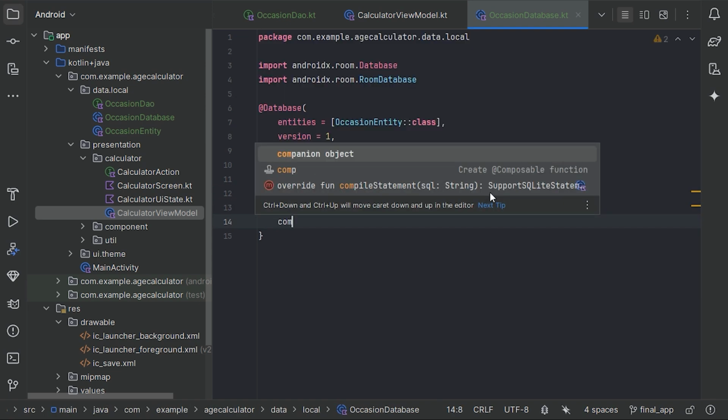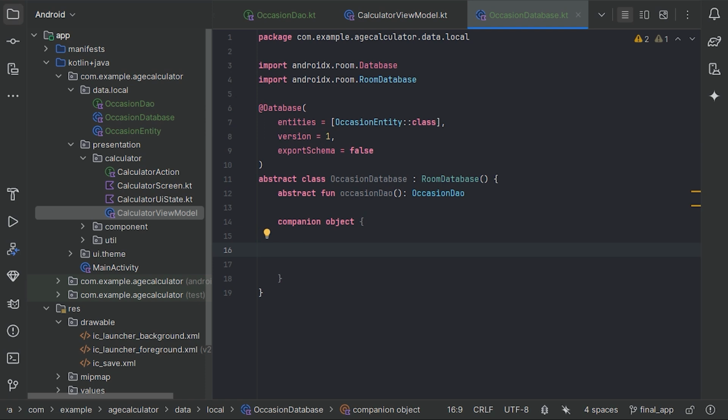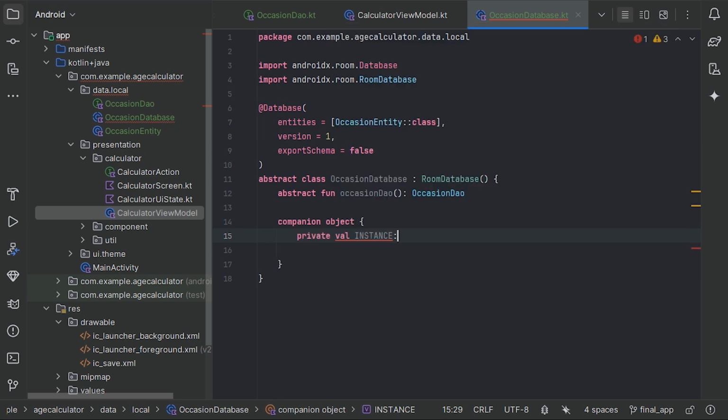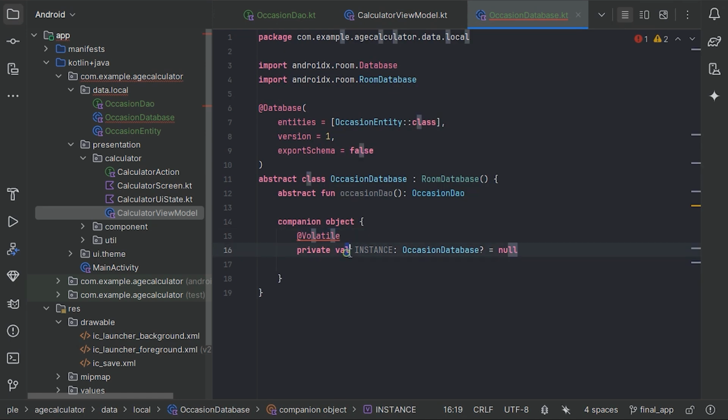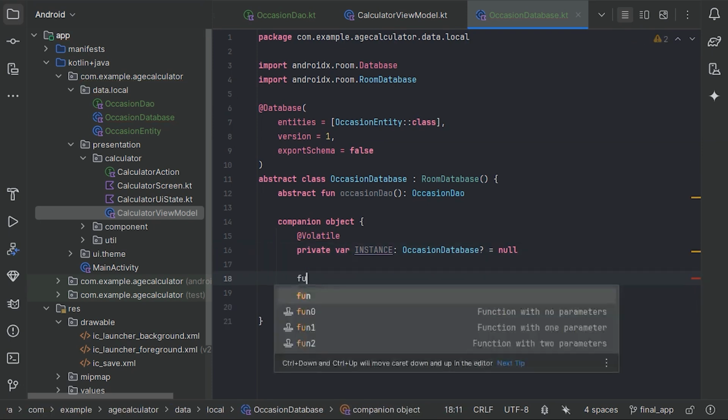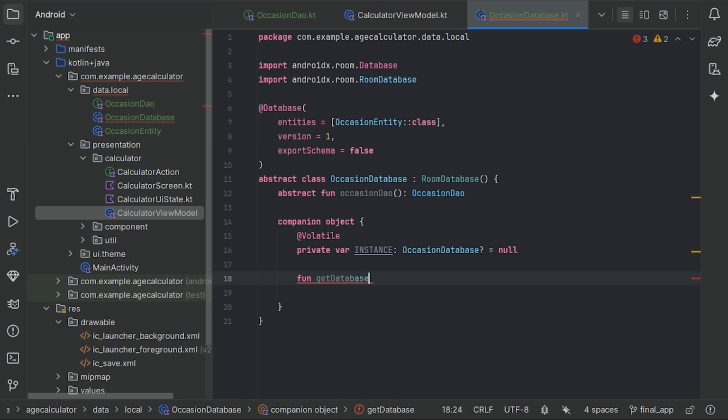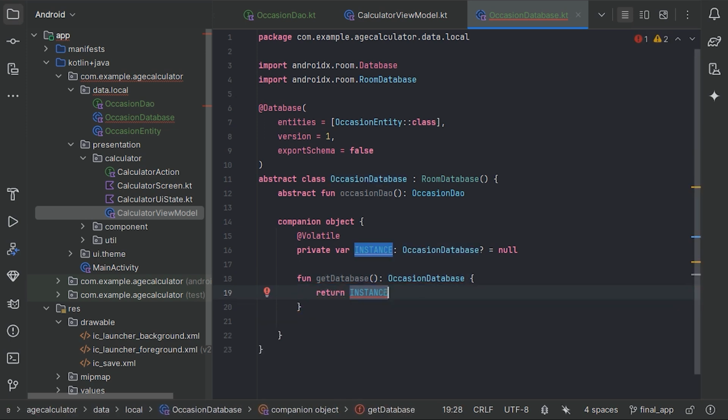So here let's create one companion object, and we will define our object and use this private val, and we will create the instance of our occasion database, and by default keep the null value, and also annotate this with volatile, and we need to make this a var, and here create the function database, and this function will return us the occasion database object, and use this return keyword and use our instance and use this synchronized this and create the instance here, and we will use the